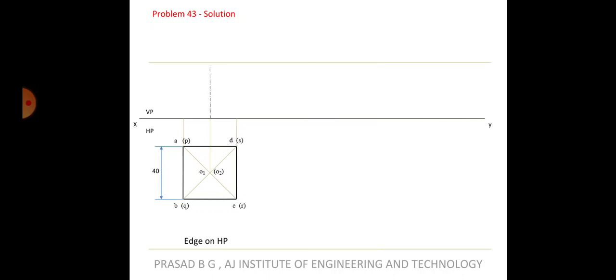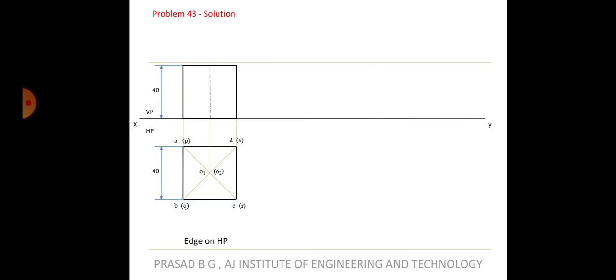How much is the axis height here? It should be equal to 40. This is not given in the question. Please understand, it's a cube. So when do we call it a cube? When the base side is equal to the height of the axis or the height of the vertical lines. Alright, then it is called a cube. In case of 40, if it was 50, then it is not called a cube, it is called a square prism. Understand, no? If the axis height was 50, if it is not equal to the side of the base, then we will call that a prism. Otherwise, when the base side and the axis height are equal, we call that a cube.